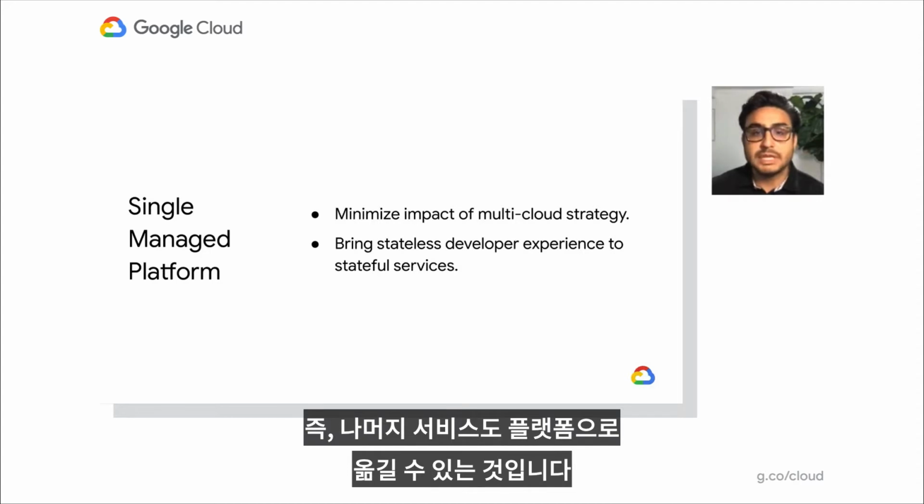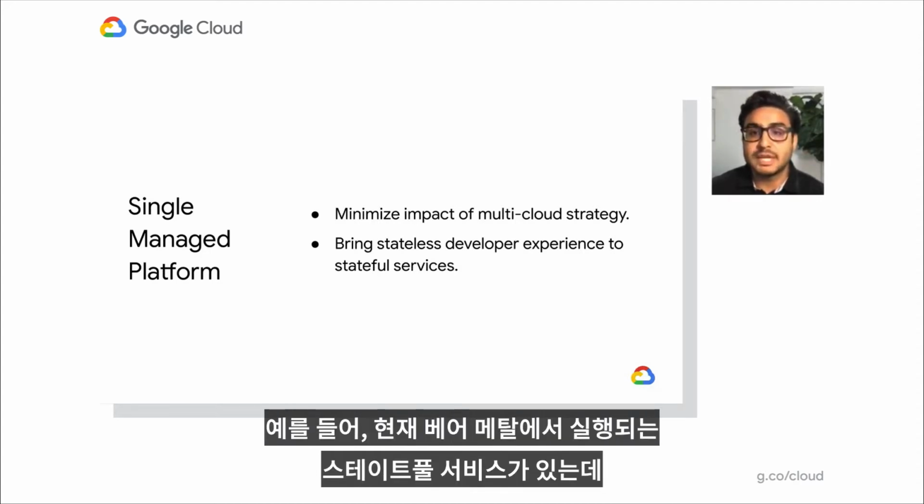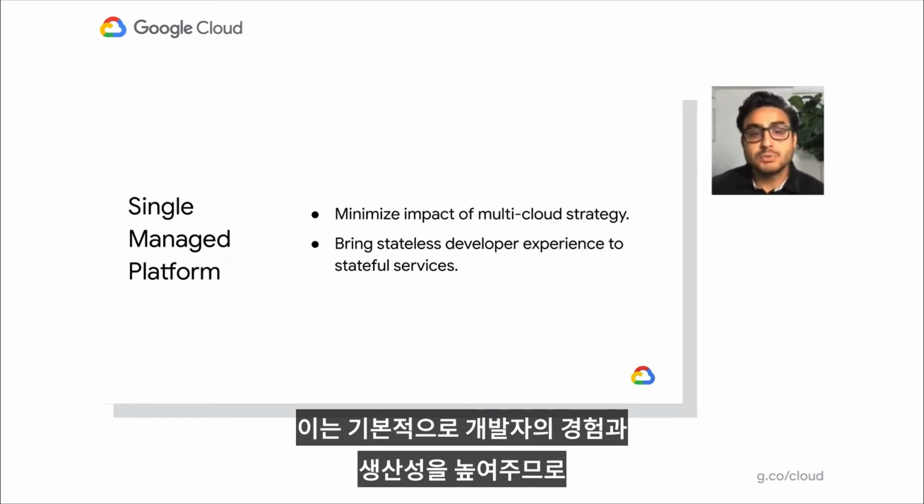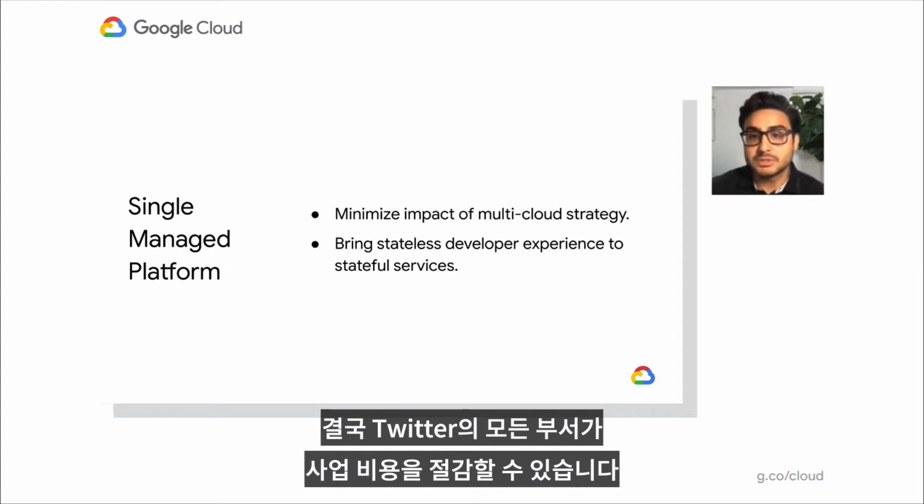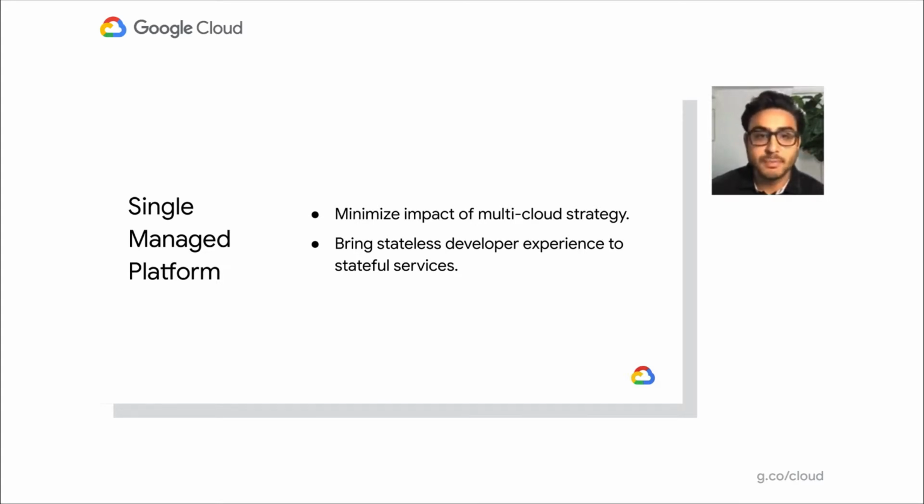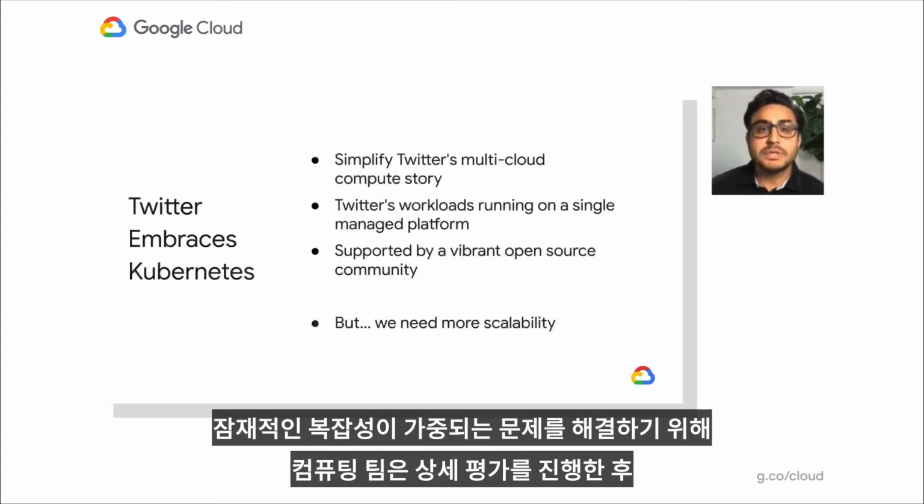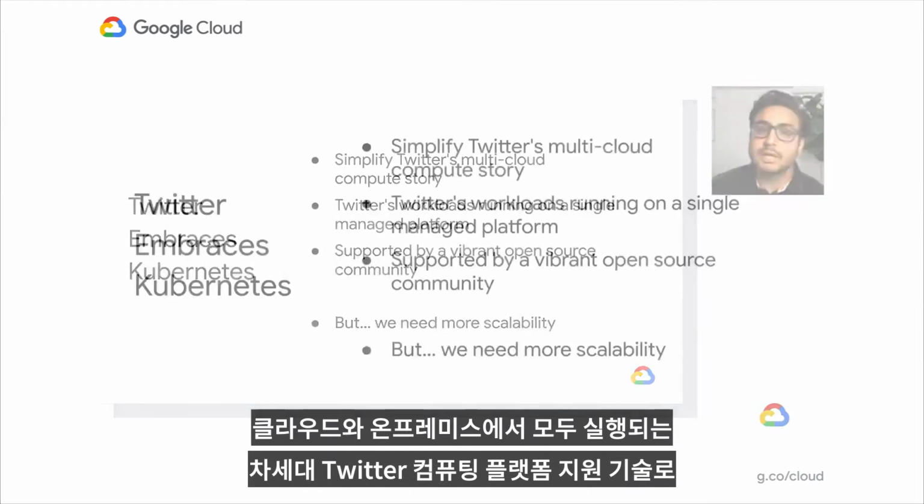This means that we can onboard the remaining services onto our platform. For example, stateful services that are running on bare metal today. This will basically improve developers' experience and productivity and will eventually reduce the run-the-business costs for everyone at Twitter. To deal with the potential additional complexity, the compute team did a detailed evaluation and selected Kubernetes